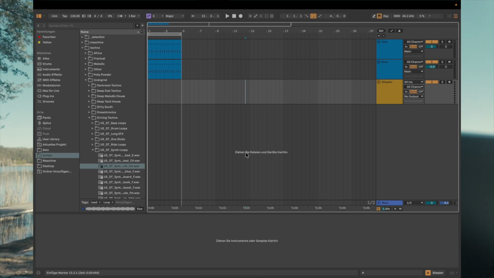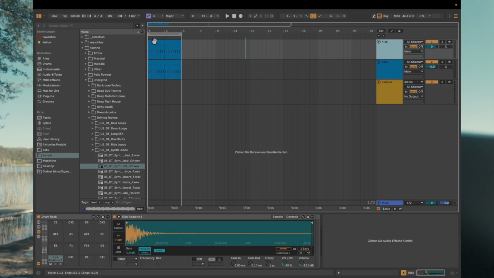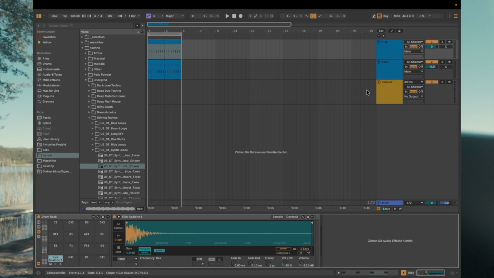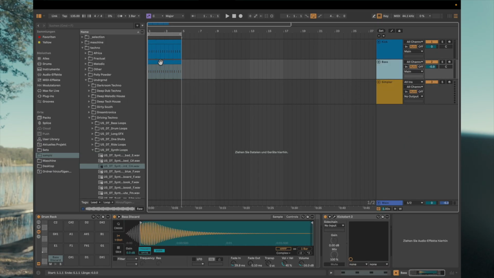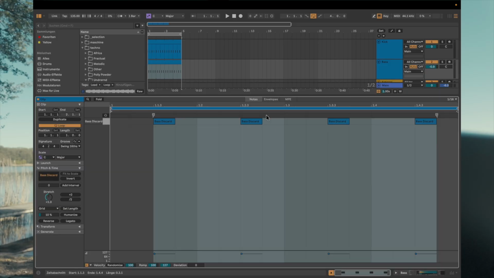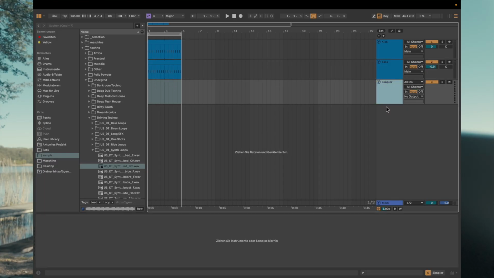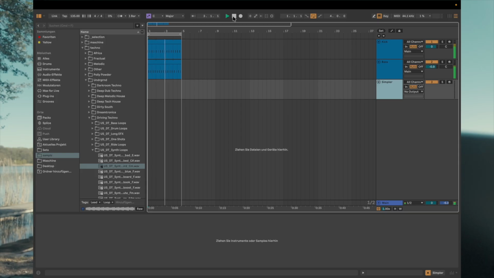As you can see, we have 3 tracks. First is the kick drum with a simple 4 to the floor. Second one is the bass drum with an offbeat pattern, and the third one is our Simpler, which is currently empty. Let's check out the bass loop. Okay, and now we will